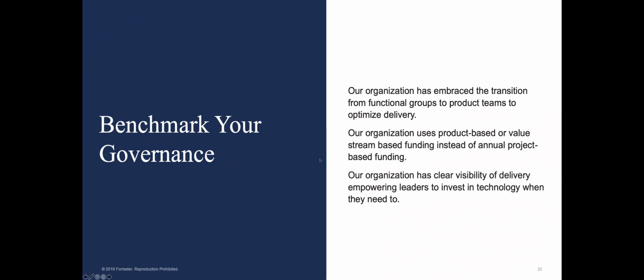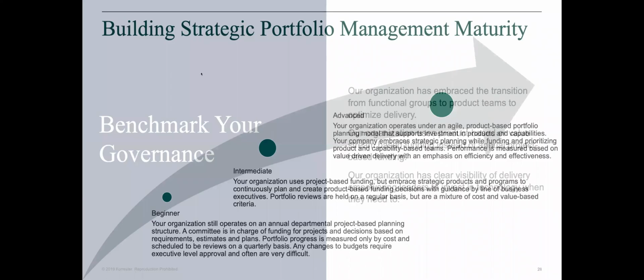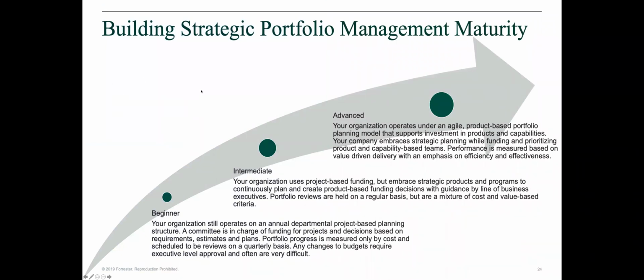Clear visibility: if you don't automate, you can't get away with doing this without automation. So let's move ahead. I want to make sure we leave some time for questions. So how do you start building